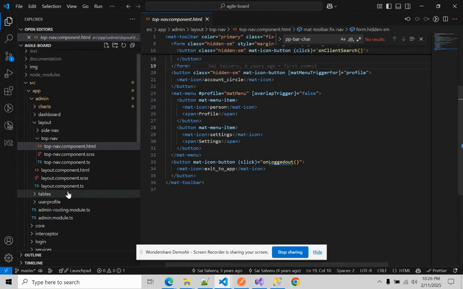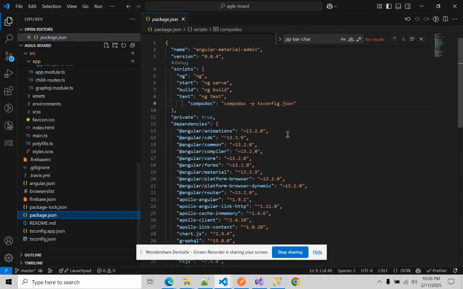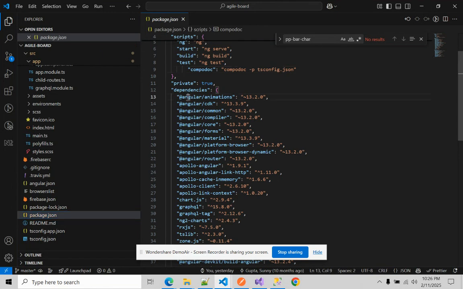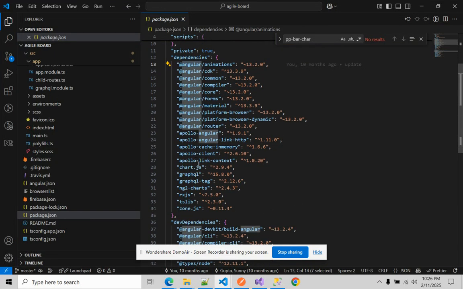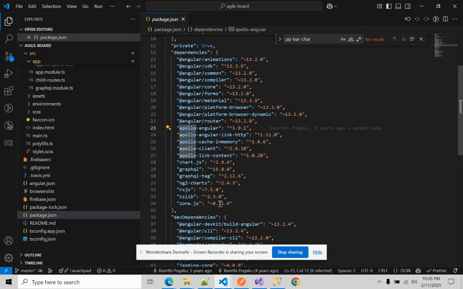And what packages we have used here? If you see here, we have used animation cdk. So these are the packages that we installed here. And these are the default packages that we got after creating a new project. And for the charts, we have used Chart.js and ng2